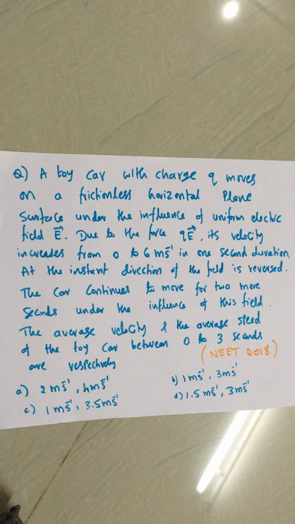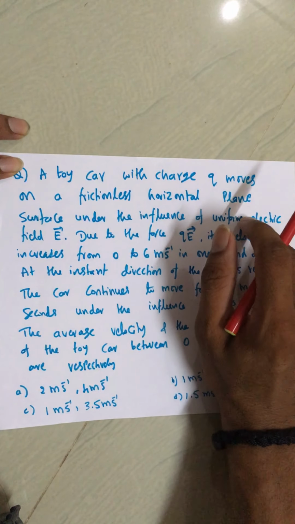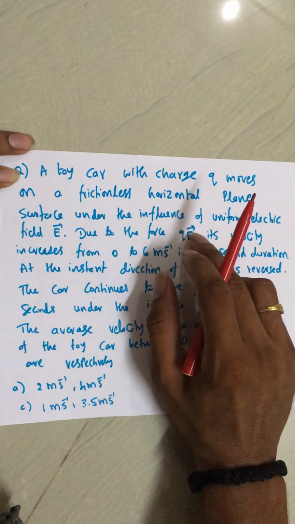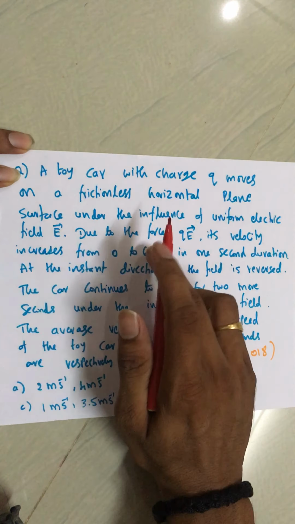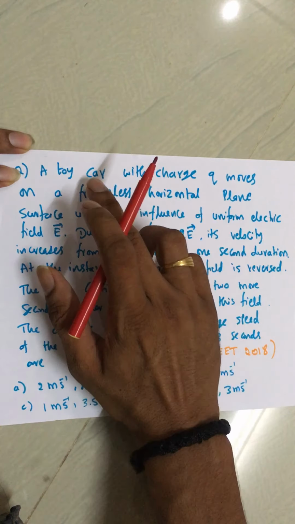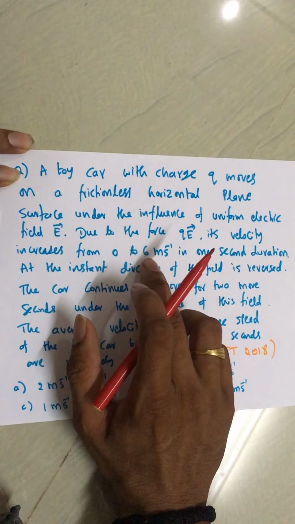This problem from NEET 2018 is a combination of kinematics and electrostatics. A toy car with a charge Q moves on a frictionless horizontal plane surface under the influence of a uniform electric field E. So the field is uniform. Due to the force QE experienced by this charge, its velocity increases from 0 to 6 meter per second